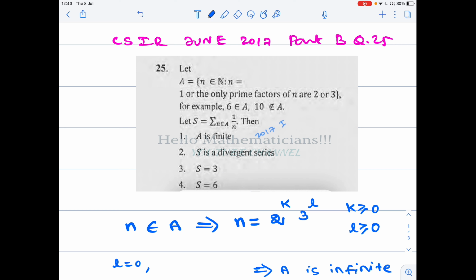By the fundamental theorem of arithmetic, any n belonging to the natural numbers can be written as a product of primes, p1 power alpha 1 and so on up to pk power alpha k, in a unique way. This is called prime factorization. These p1 through pk are called prime divisors. For example, 100 is 2 square into 5 square, so the prime divisors of 100 are 2 and 5.